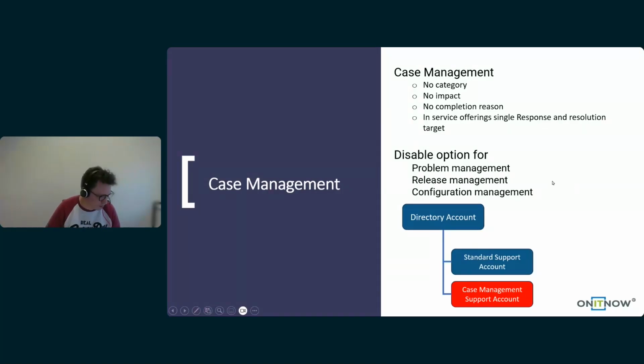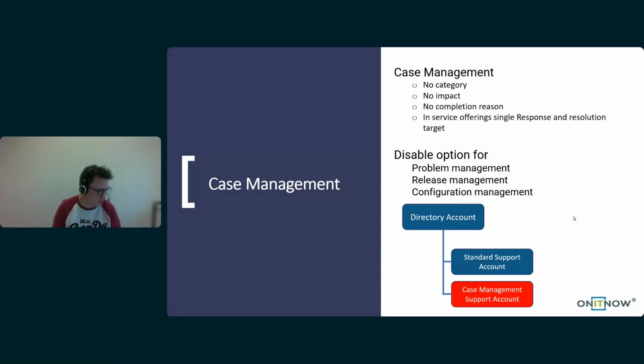The second one, let's go to my PowerPoint again, is about case management. There was a lot of discussion within the For Me community if you talk about enterprise service management and the way accounts are configured within For Me. Up till now, it was kind of focused on IT. So there was a lot of functionality in there which only was applicable for IT and not, for example, for HR. And what they now released is a way where you can set the account in a more HR way